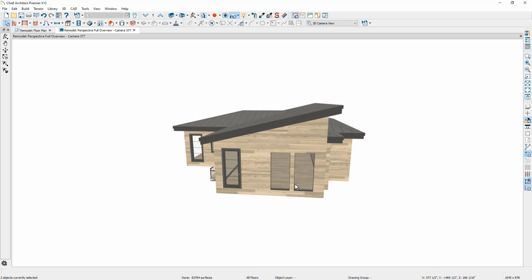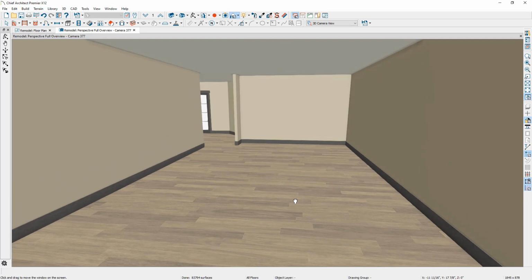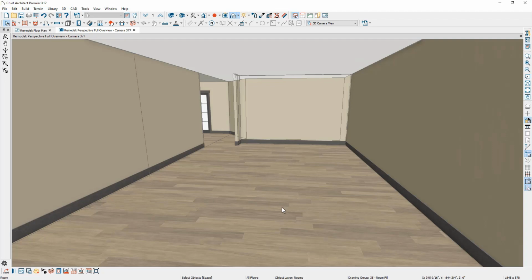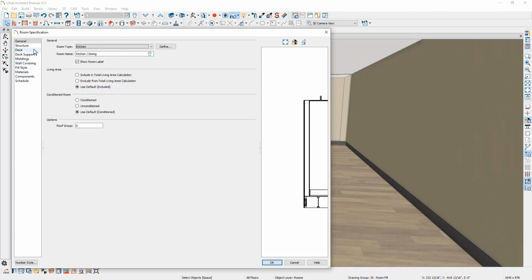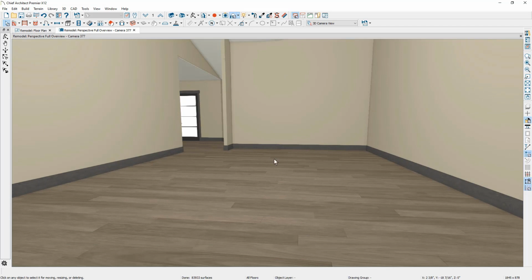Now the next thing that we do is let's go ahead and zoom inside and take a look at the space. You'll notice that there is a flat ceiling. Ceilings are automatically created in the program to be flat. We want to create an open space in here. I'm simply going to click on the floor, come over here, click on the Open button, and then go up to the structure panel for this room. There's an option to remove the ceiling out of the room. So I'm going to go ahead and uncheck the flat ceiling, and now you can see the change.